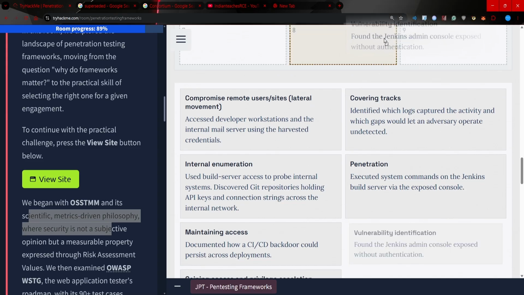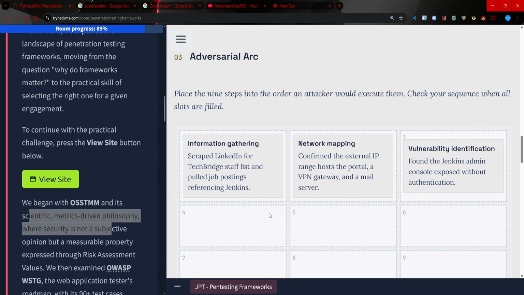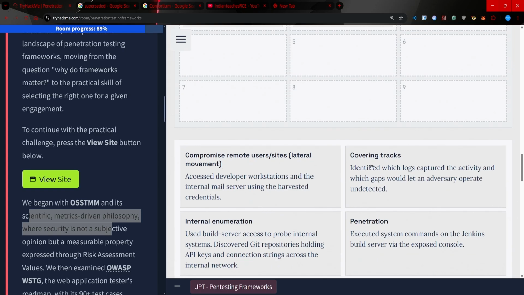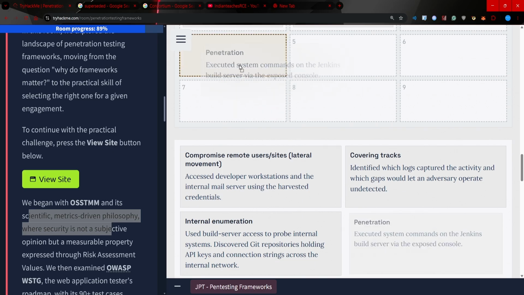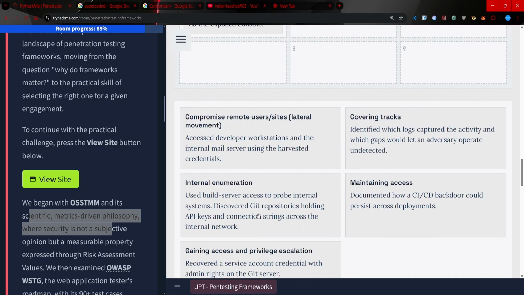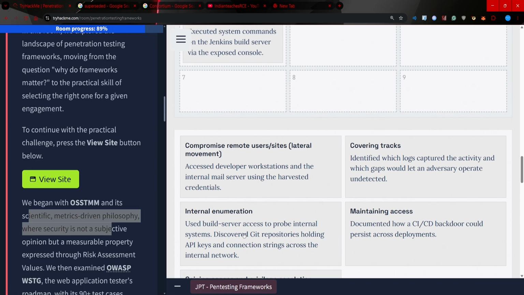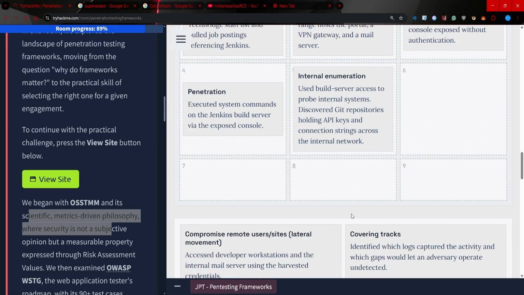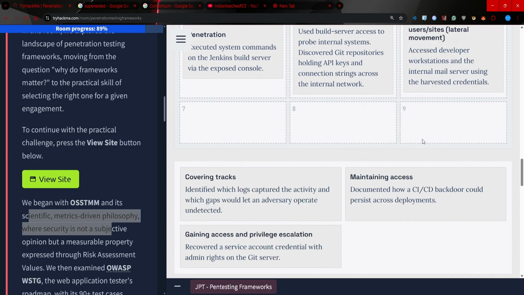Then fourth will be compromise, penetration. Yes, let's go with penetration. Fifth will be internal enumeration. Then sixth will be compromising remote users. Then seventh should be,